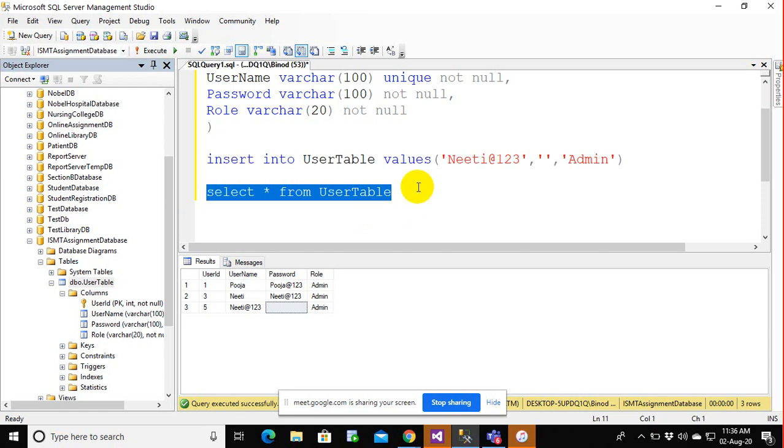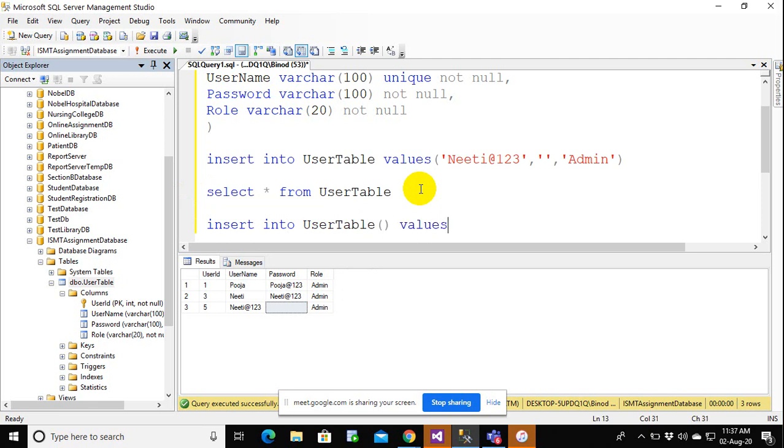There are different approaches to write the query, and another approach is INSERT INTO user table. Now you might be wondering why I put a double bracket here. This first bracket is for the fields from the database. For example, this may be password, role, and username. I want to specify the parameters to the database in this order, and the values, let's say, are